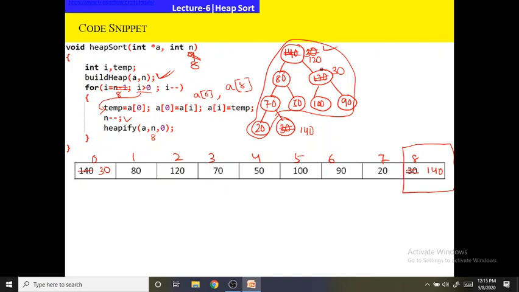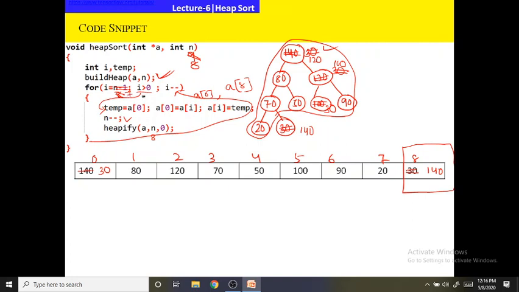Now again apply the heapify procedure at the largest element, because as I have already explained to you in the heapify procedure, where we swap the largest element, there we have to again apply the heapify. So 30, 100. So 100 is larger. So here it will be swapped. Here I will get 30. Here I will get 100. Okay, so after heapify this one, we will again come to here. So from here, we will decrement the value of i. What was the value of i? The value of i was 8. Now it will be decremented to 7.